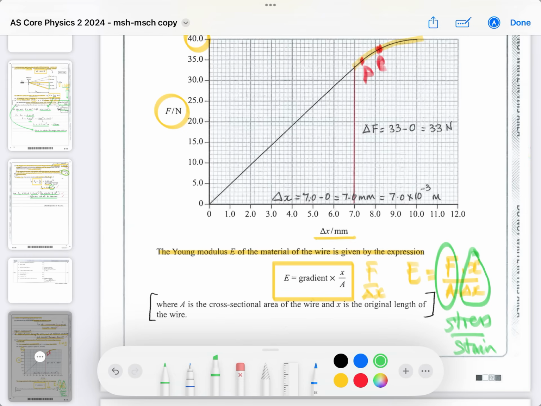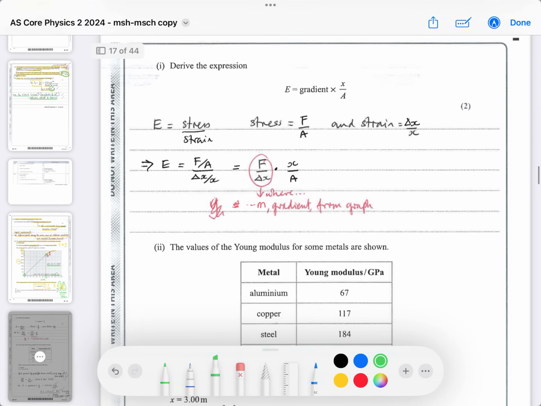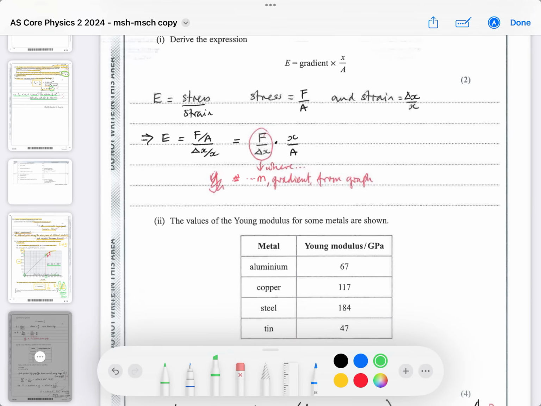And you can see that I have put my gradient on this graph because I think it's the clearest place to show your working. So the change in force, I've done it up to here. I've used 33 here, because that's a nice value. So basically I've got 33 minus 0 because it goes through the origin, and the extension is 70 minus 0 because it also goes through the origin. So you've got the extension and the force, and you divide one by the other and you get the answer. So this is what I was showing you,